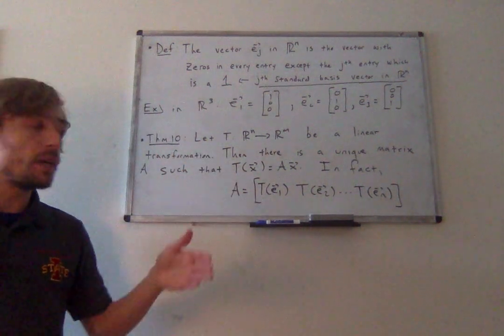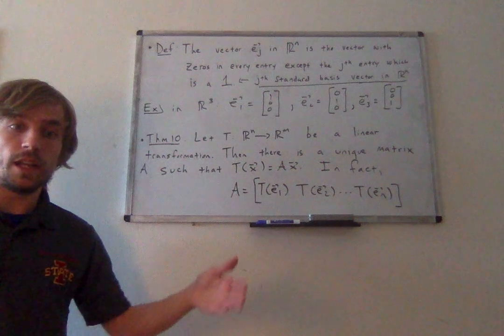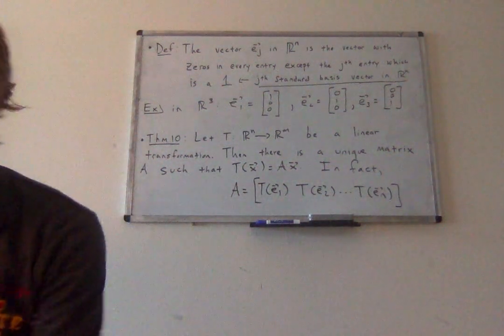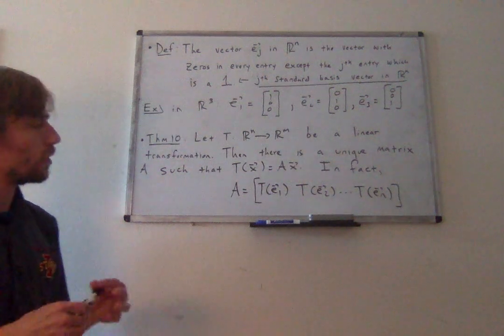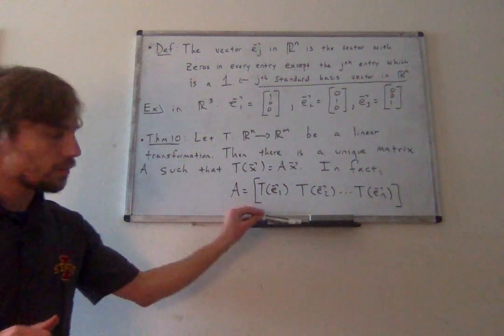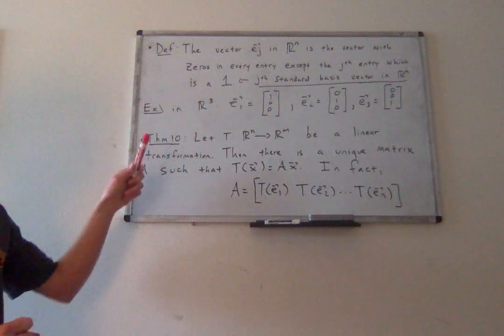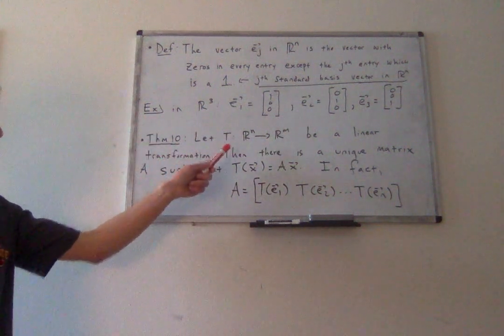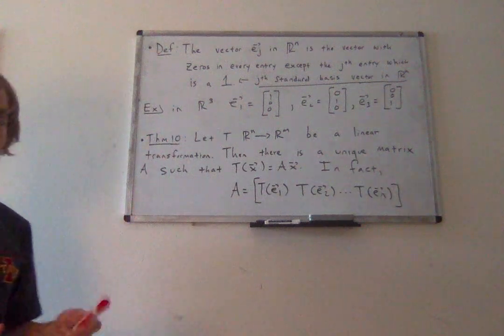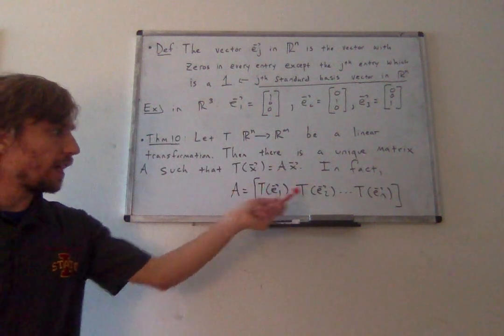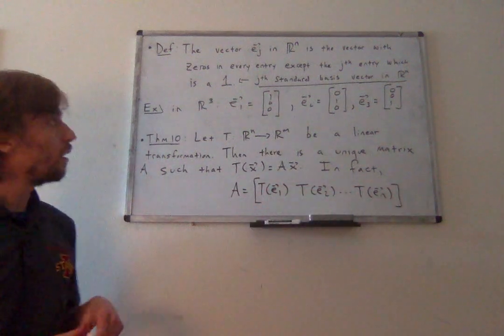Remember, the columns of that matrix A were just y1 and y2. So what we know, and I want to end with one more example after this, is that for any linear transformation, if I know the images of the n standard basis vectors, I can always find a matrix A defined exactly like this,